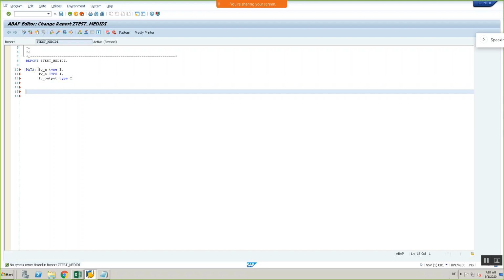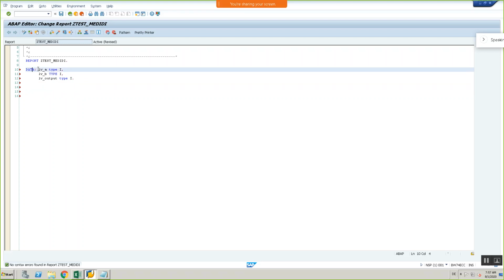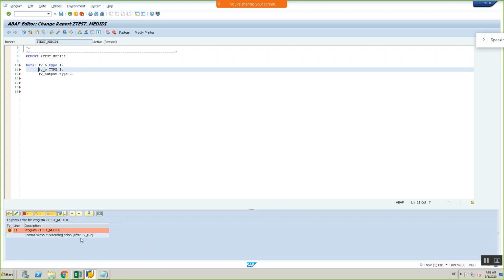Here two things are there. I wrote DATA followed by a colon, then a variable, and I ended the line with a comma. Earlier I said I have to end it with a full stop, right? If I end with a full stop and click on the check mark, then I will get an error. Why?